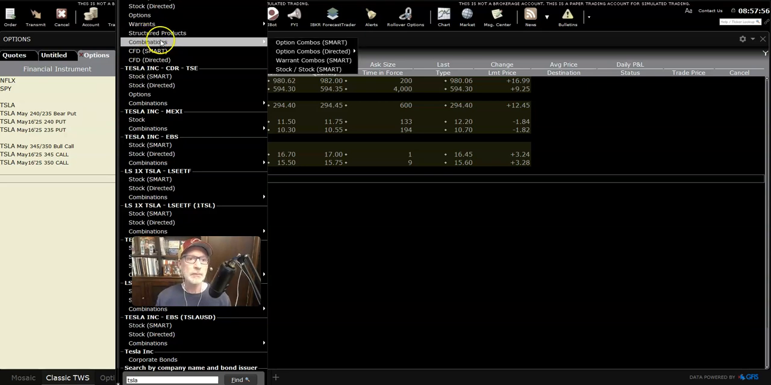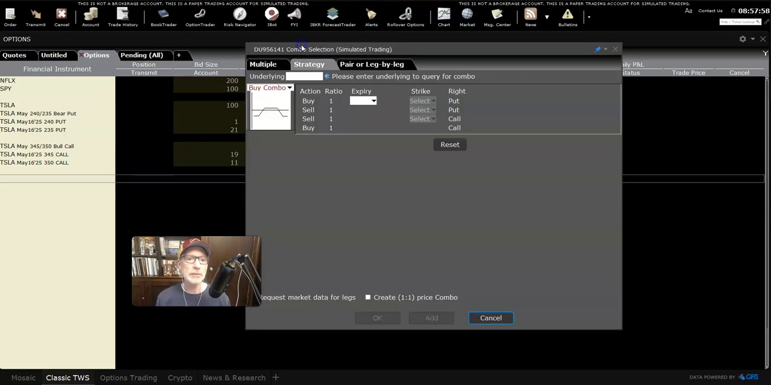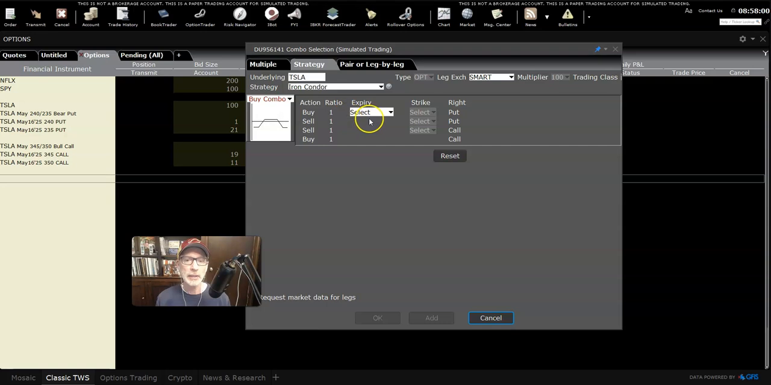Tesla, option combos. Sometimes it's a little tricky with the combos here. We want to sell, let's do the May, right? And we want to make sure that we can do this properly. We're going to buy the 235 and we're going to sell the 240. Okay, there we go. And now the calls, we're going to sell the 345 and we're going to buy the